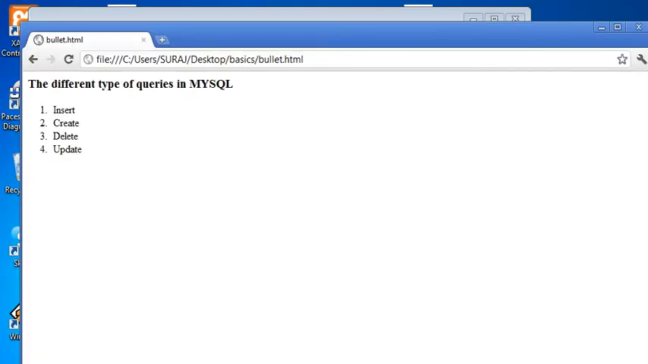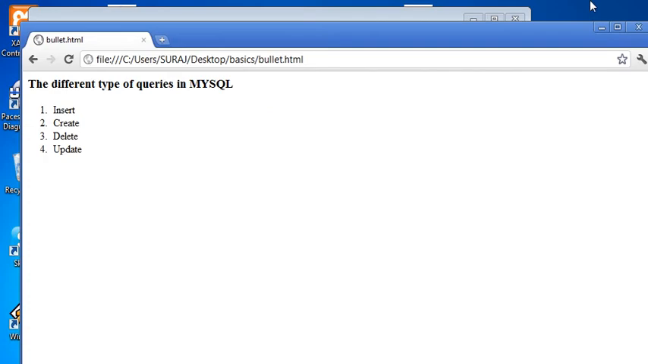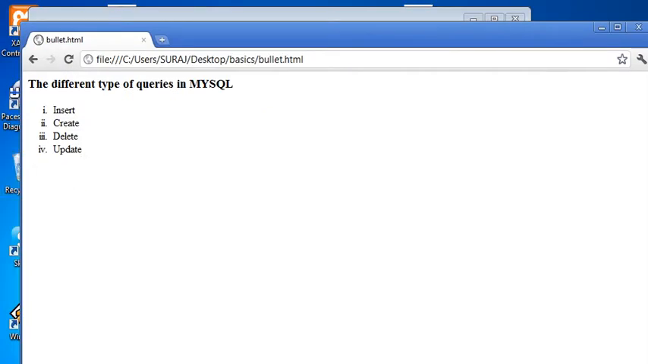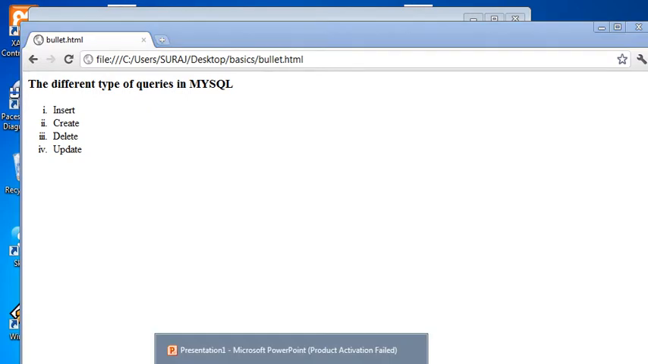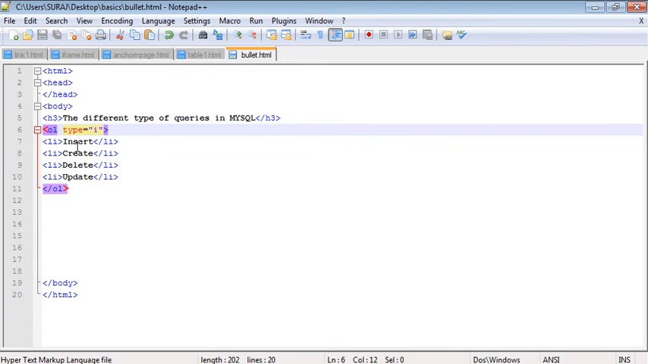Okay, so normally when you don't specify any type, it will be taken as 1, 2, 3. Okay, when you specify type I, this will be specified as Roman, right? So this is about the ordered list. Now inside the ordered list you can have another unordered list, which I'm going to show you. So basically let's start with 1 here. Okay, just remove the type,